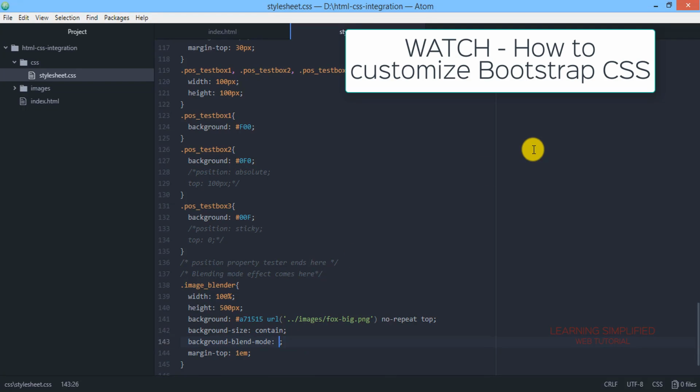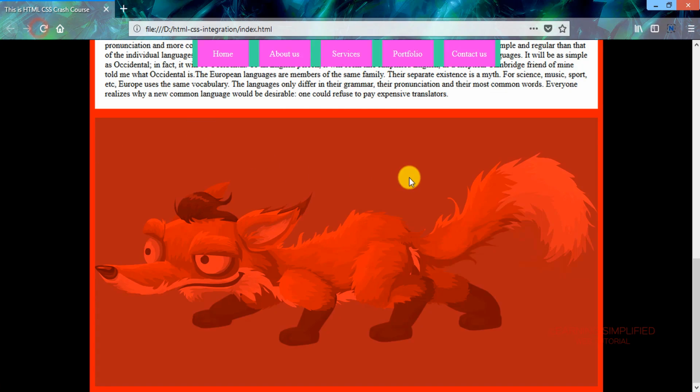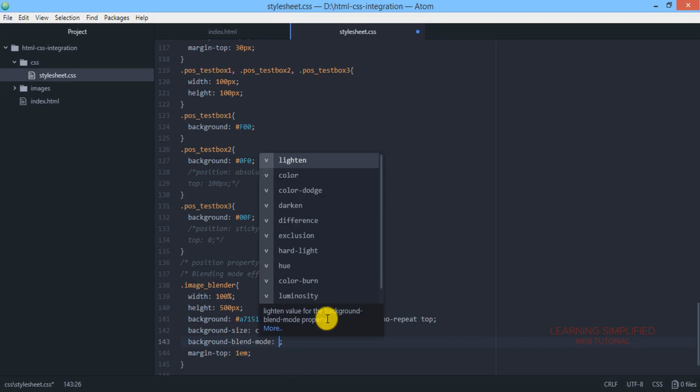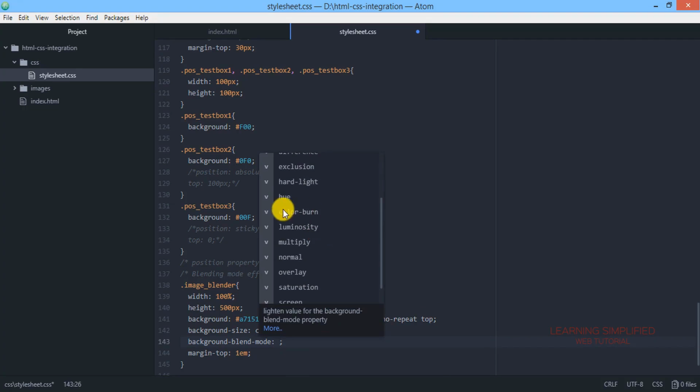Instead of screen, if we now use overlay condition, there goes the output. So all these things are blending effects, and if you use any of these described over here, those act as the blend mode with which the image and the base color will be working.